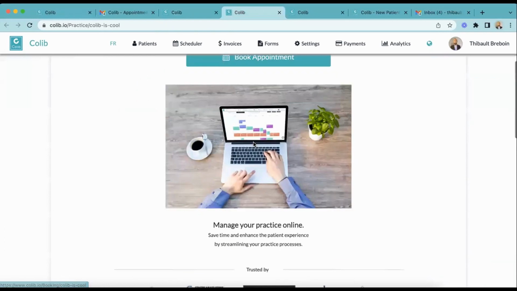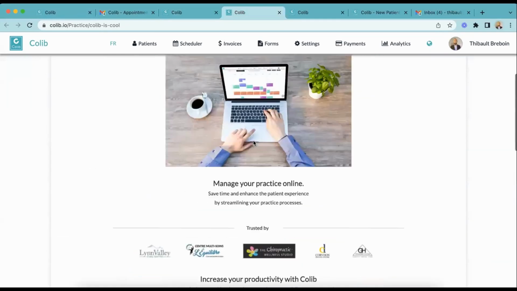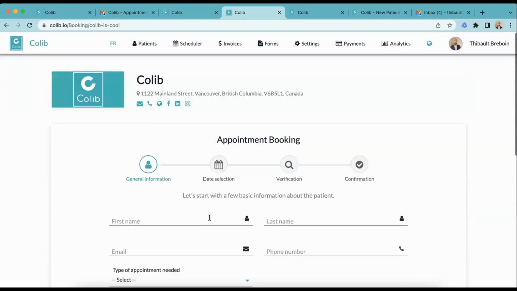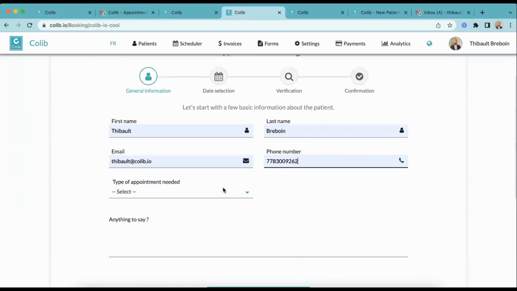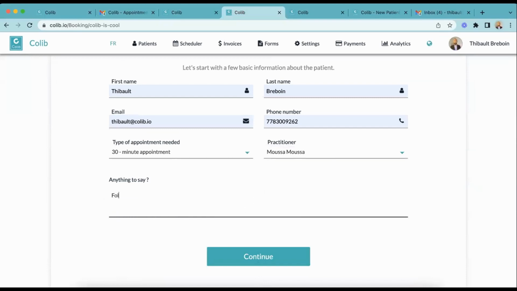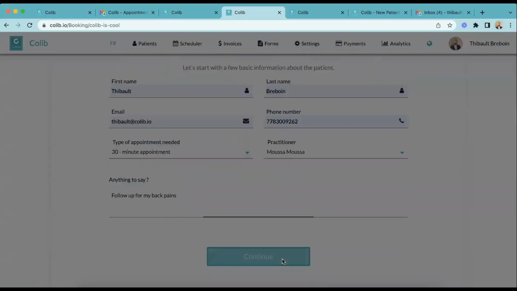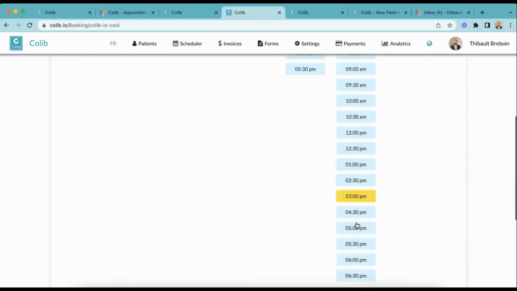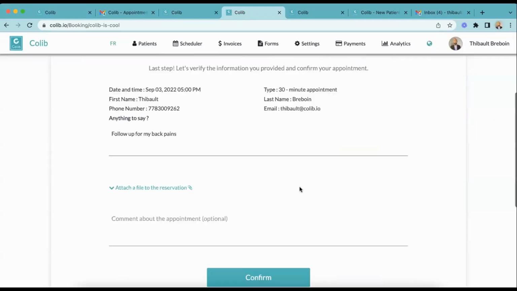So if we go to that page, you'll see basically the description of your practice, the time, the social links, that you can add at the top, and of course the main button that will let your patient book. And this is not a mandatory step. As a practitioner, you can decide that you let your patient book directly, or you can also not give them that option and, for example, use a form to let them request an appointment, and then you'll be able to schedule them yourself. So here we're going through just the available times for the appointment